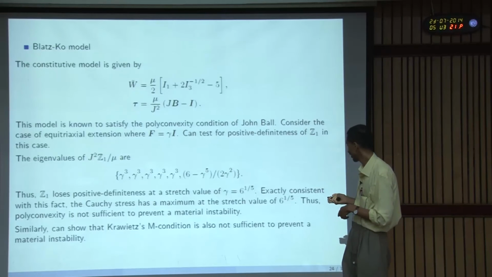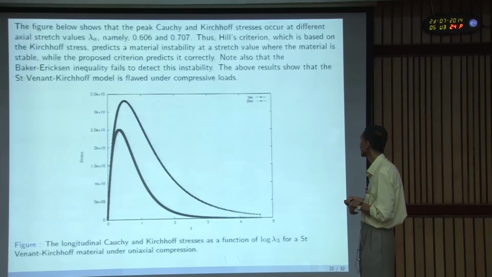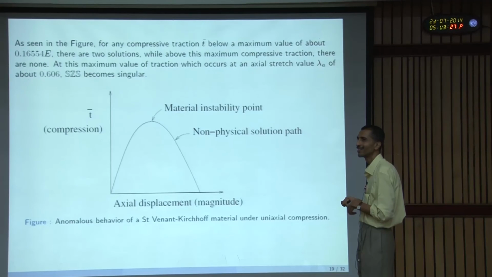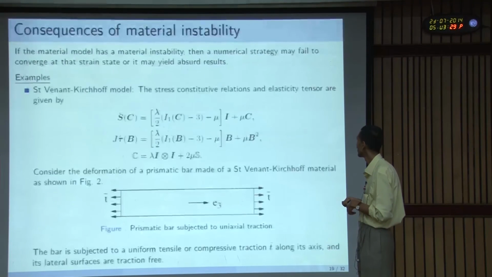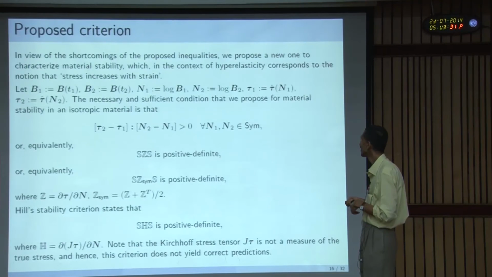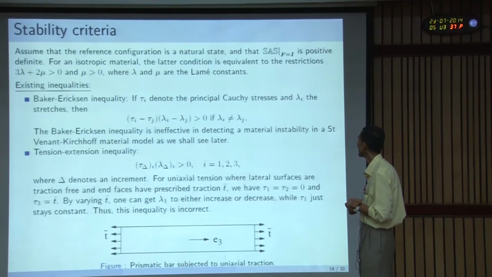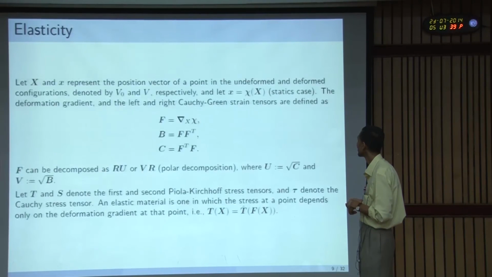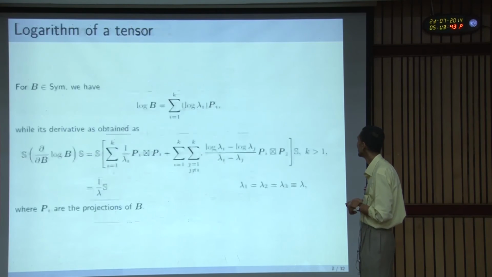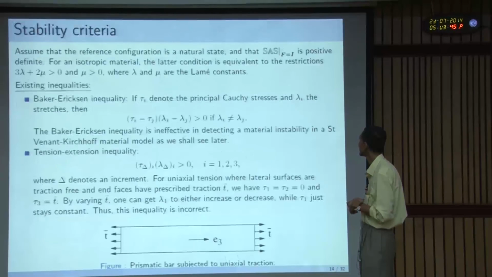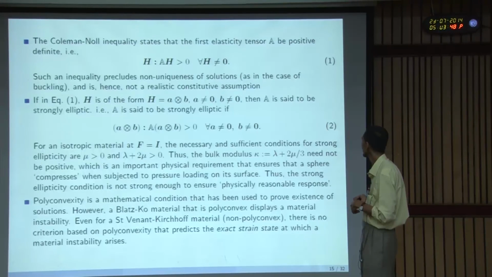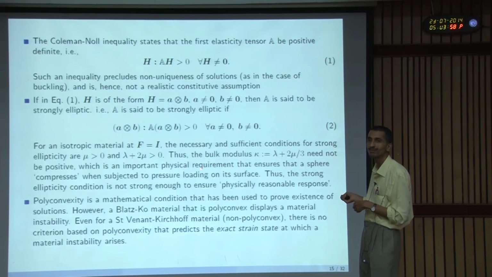I understand what you mean by Lyapunov stability. Lyapunov stability refers to a dynamical system. There is a trajectory that goes from time 0 to all time. There is no trajectory over here; it is just a displacement. You can have it in terms of displacement. No, Lyapunov stability is defined with a t. You can call it x, but x has to go from x0 to infinity. Over here, there is just some strange state. Strong ellipticity does not meet this physical requirement. There is no trajectory, there is no time.